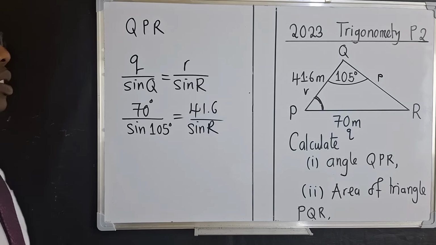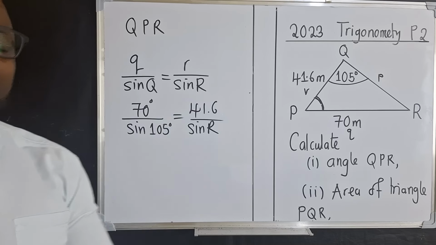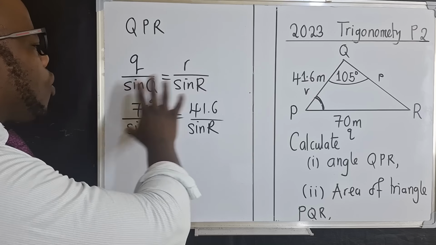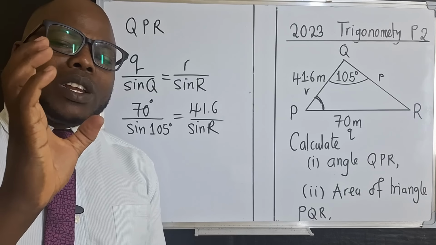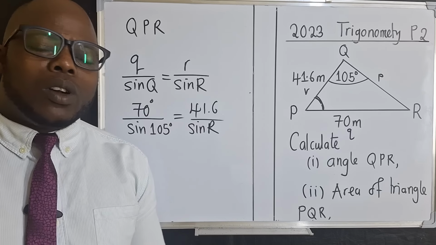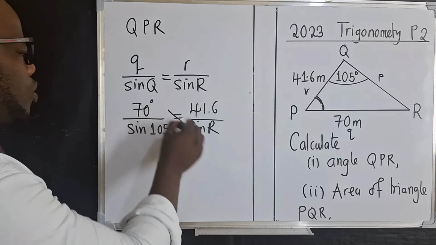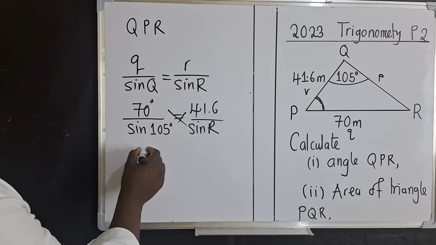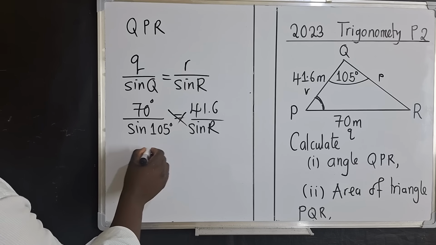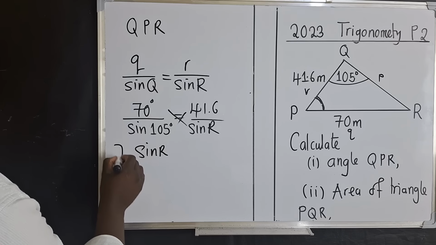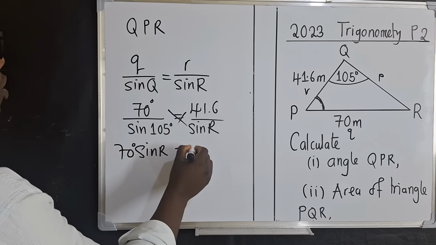You see? So we can solve for R. So look at this. We've got all the values. What is remaining is capital R, we don't know. And that's what we're solving for. So we shall cross multiply here. And we're getting the simplest way, just go with sine R, capital R, 70 here. When you multiply, you're getting a